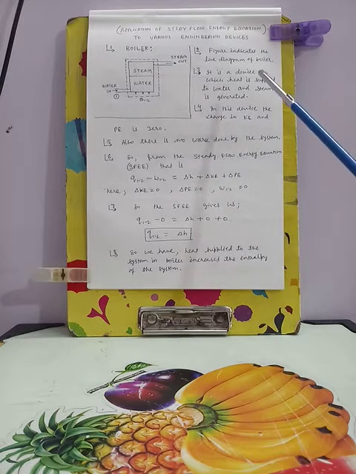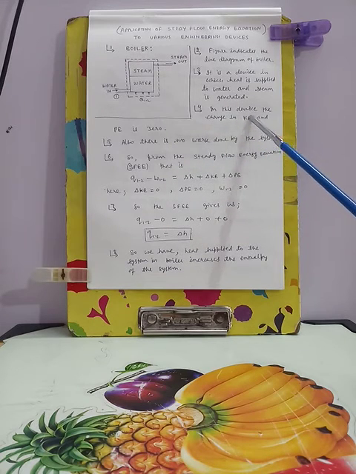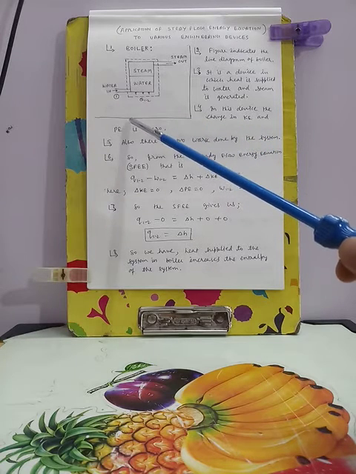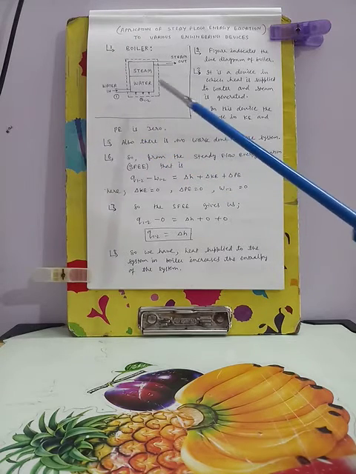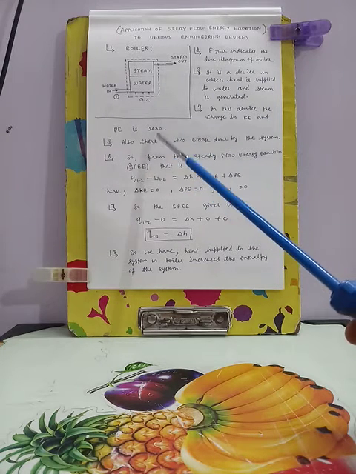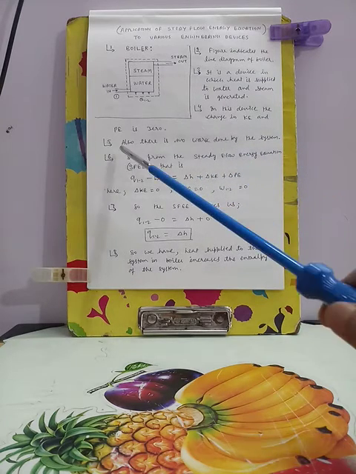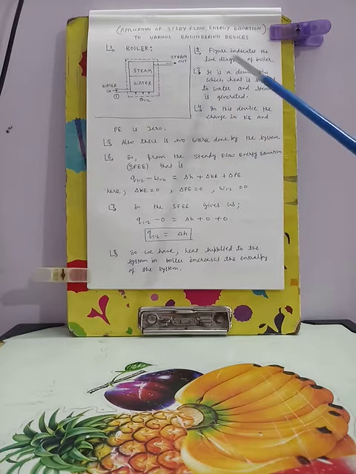So in this device, there is no change in kinetic energy of the working fluid at inlet and outlet, and also there is negligible change of potential energy, or you can say no change of potential energy at inlet and outlet. So change in kinetic energy and potential energy in the boiler system is zero. And also we can understand that there is no type of work done by the system. So this is a steady flow process.